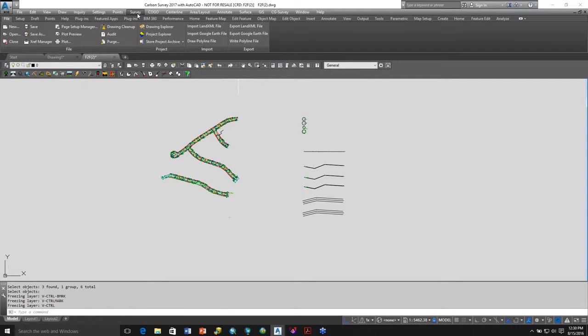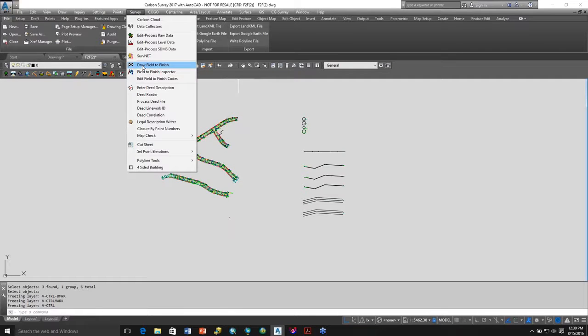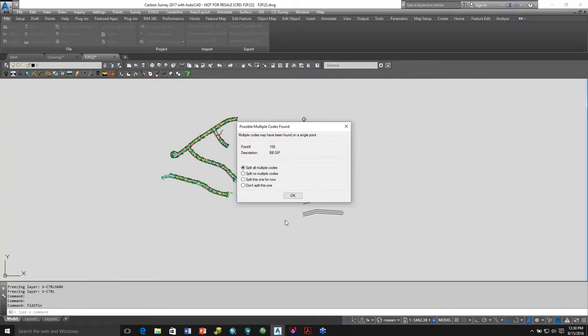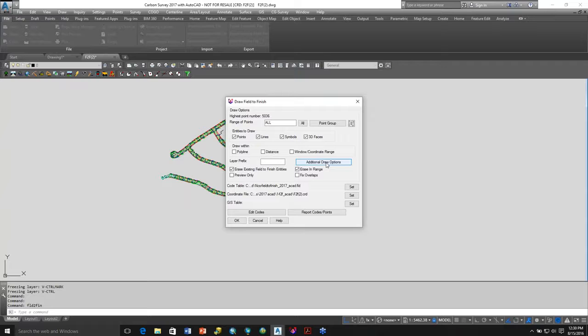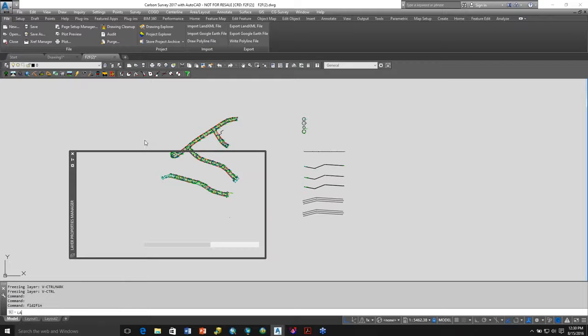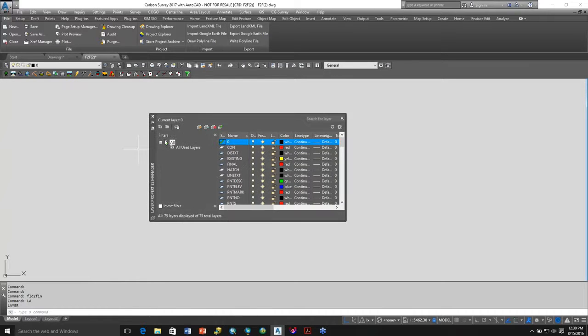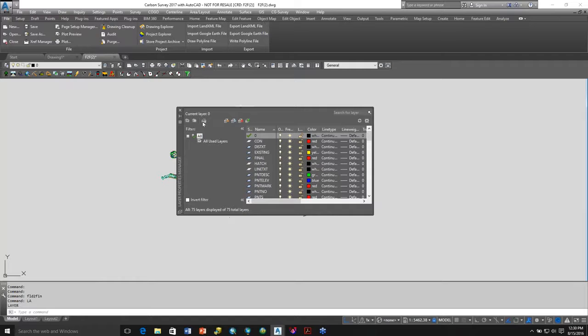So let's go back to Field to Finish, Draw Field to Finish, click OK. We're going to go to additional draw options. And before we do that, let's go to LA for layer. And we're in a new drawing right here. I haven't saved it yet, but let's go to